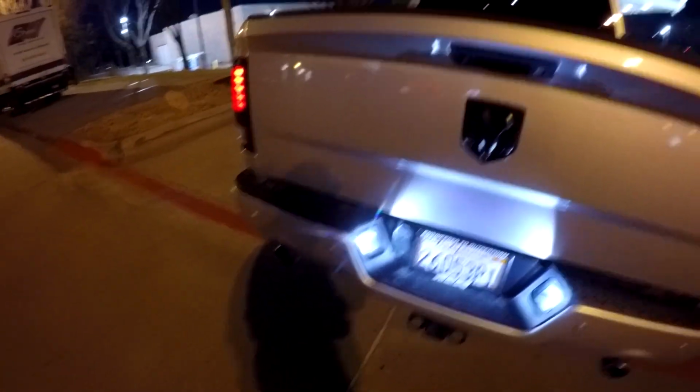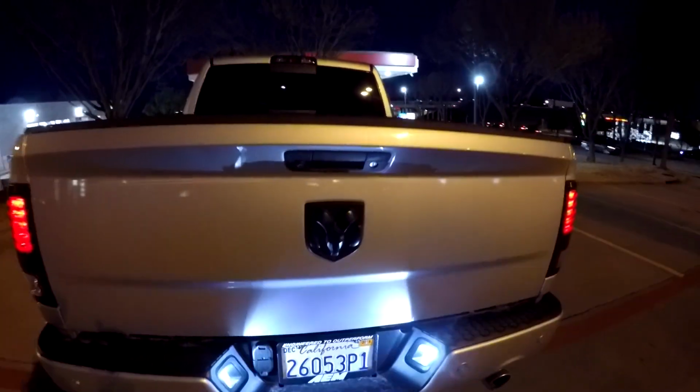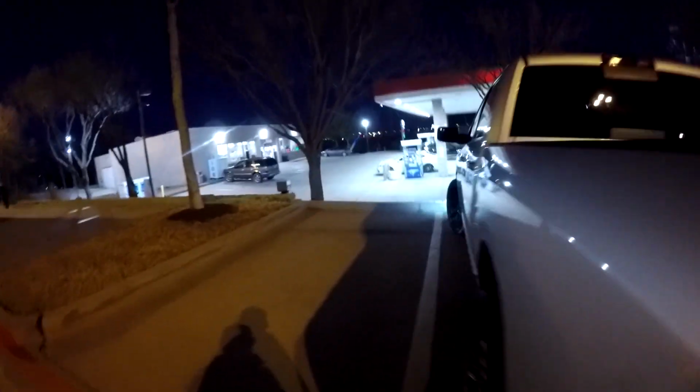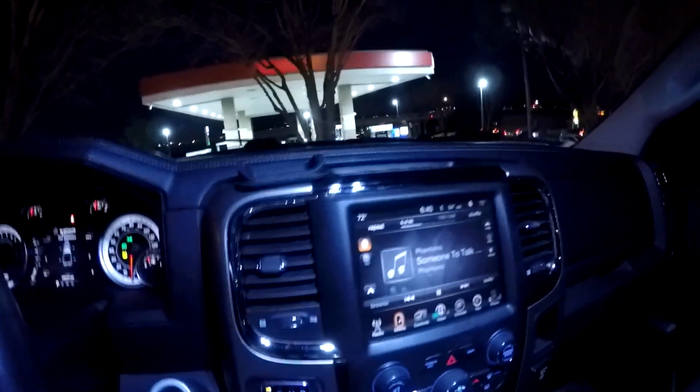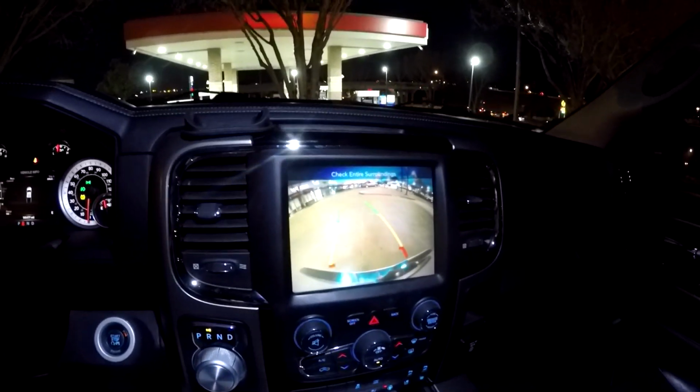So you can see they're super bright, but people were worried if this projected onto the camera and you couldn't maybe see if there's too much glare. So let's go ahead, jump back in, throw it in reverse, and you guys can decide for yourselves. My opinion is that it's not affected in that way, so I'll let these crazy things dim out for a second. If I go ahead and throw this in reverse,